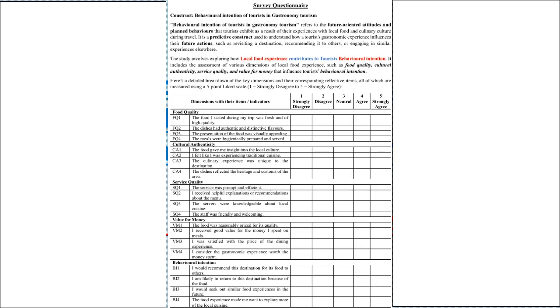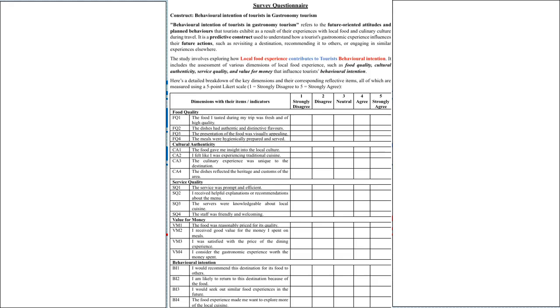In case you want to give it a look, you can go back and check my video on reflective and formative constructs as well. Each of the dimensions has 4 items or indicators which try to ask the perception of tourists regarding the food quality, and their perception about the remaining four dimensions.